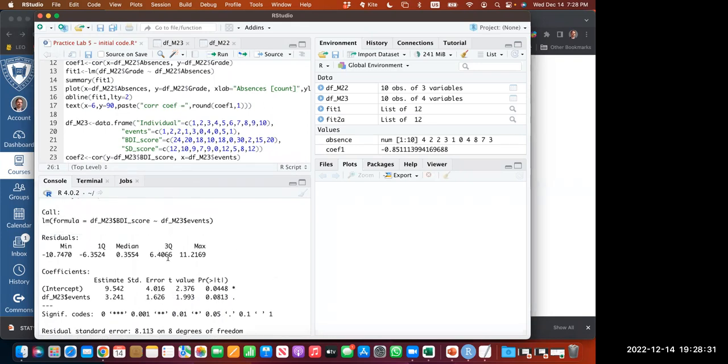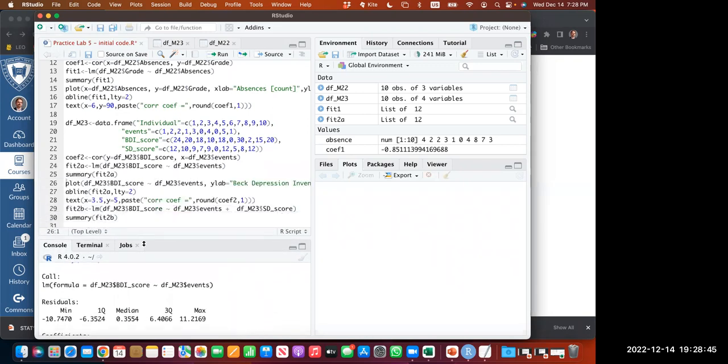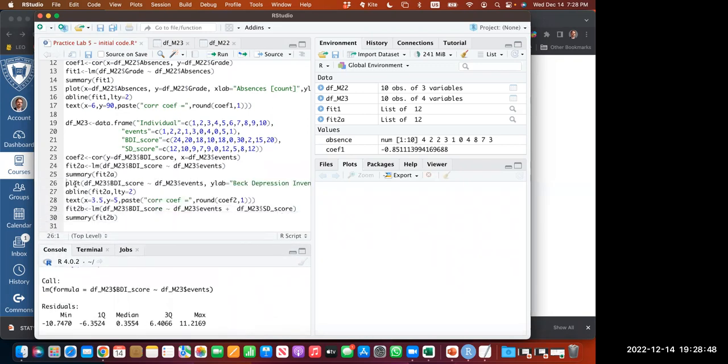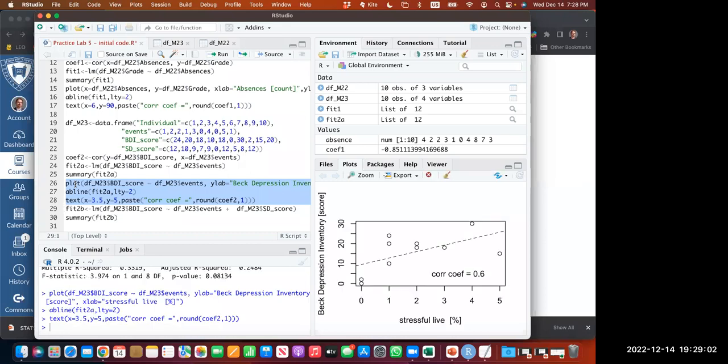This time we also see our residuals. We see that this was a fairly accurate model. We see our intercept of 9.54 and our slope of 3.24. Summary shows exactly that. Line 26 basically depicts this as a plot. Lines 26, 27, 28 build a scatter plot, showing the positive association between stressful life events and depression score,